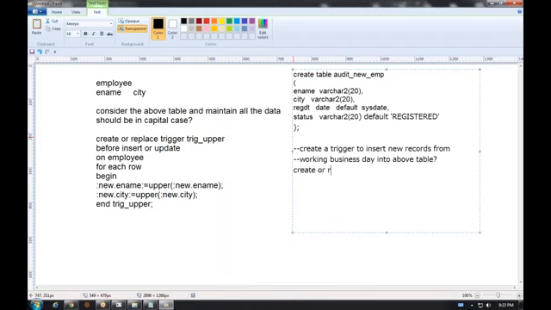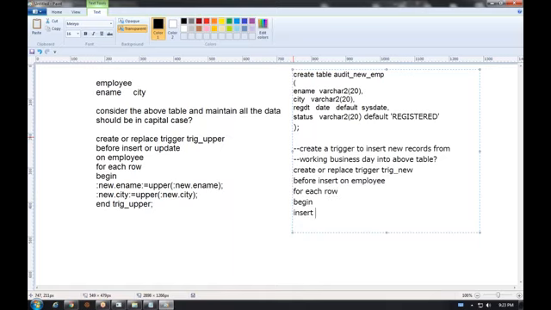Create or replace trigger trig_new. It is catching new data. Before insert, only for insert operation I'm creating the trigger. Before insert on employee table, for each row,